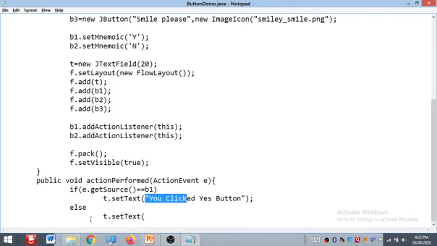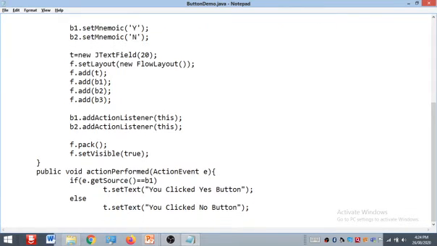Copy this, you click on no button. Then this is over, so close this actionPerformed method.